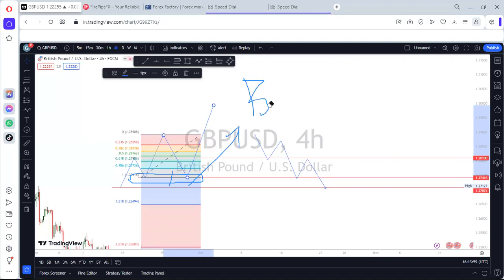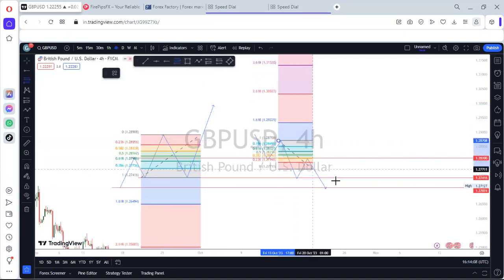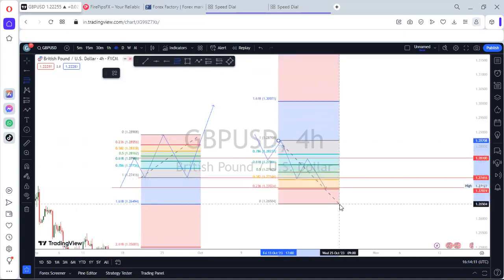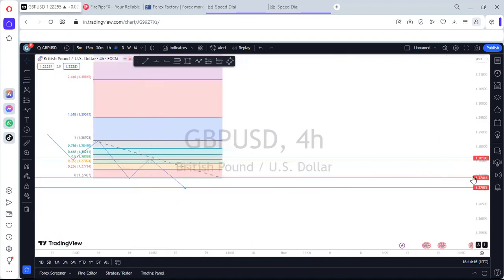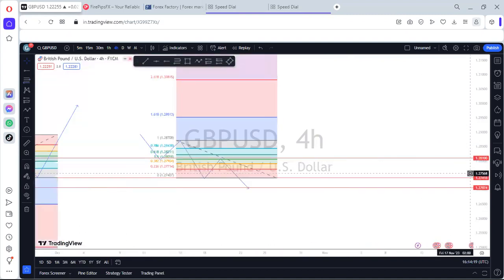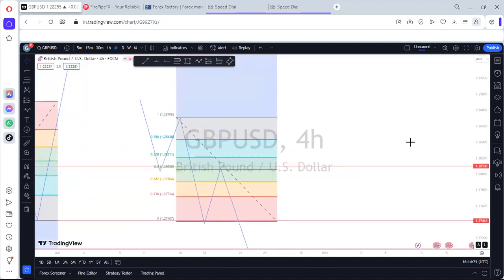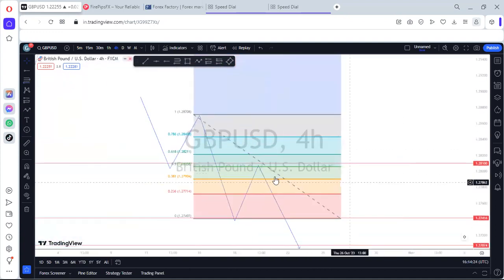So the same is true for a downtrend. You plot from the recent high to the recent low. And as you can already see, we have a retracement at the Fibonacci level. I'm trying to expand this. So as you can already see, we had this expansion, we had this retracement ending at a Fibonacci level before tanking down again, right? So as long as the market doesn't break this zone right here,